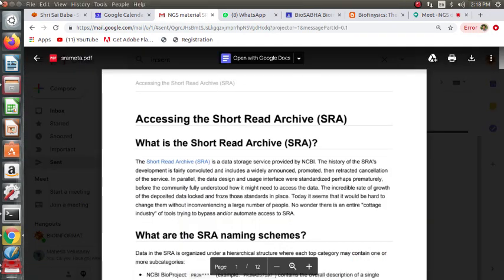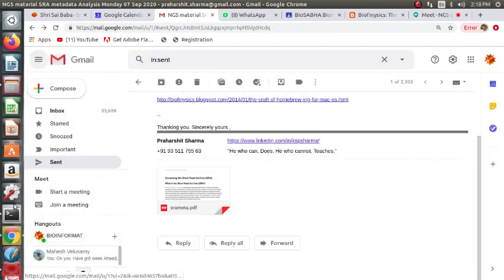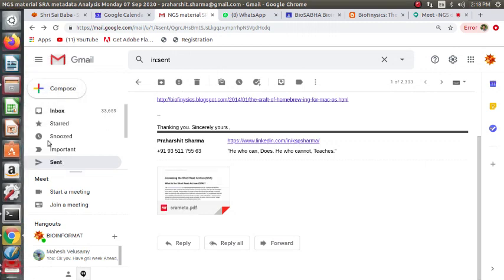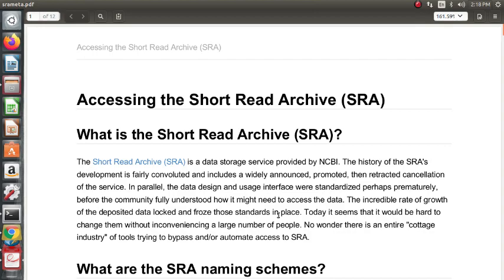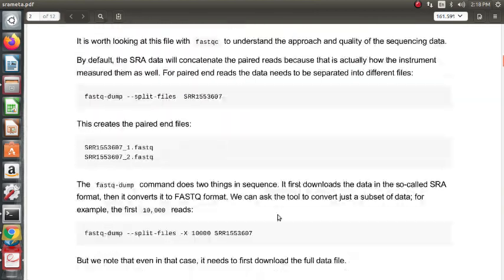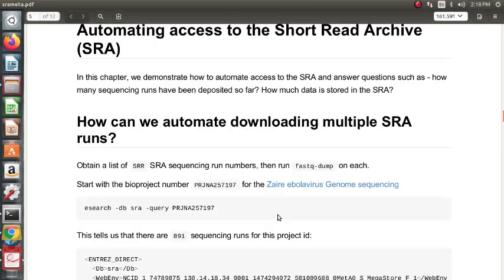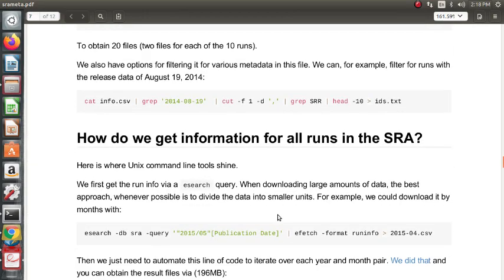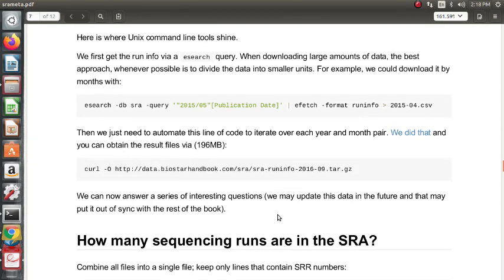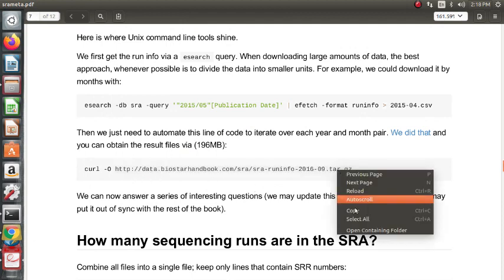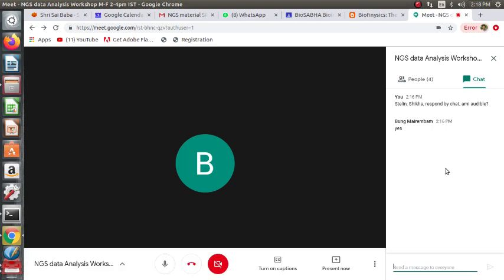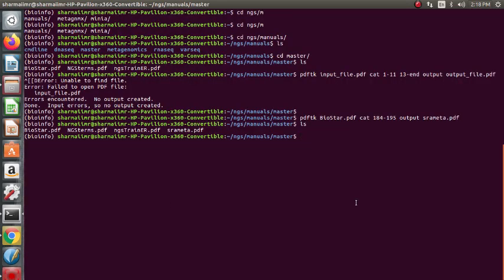Accessing the Short Read Archive, SRA. Okay, we will proceed quickly. First, we'll download a data set here. We go to the PDF. First, we'll download. We'll start the download.